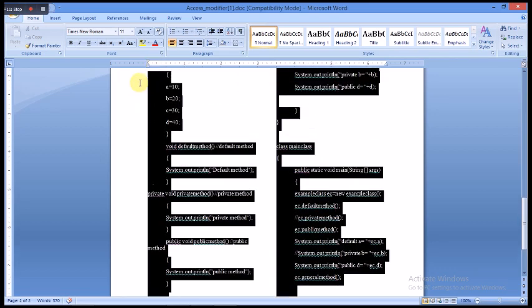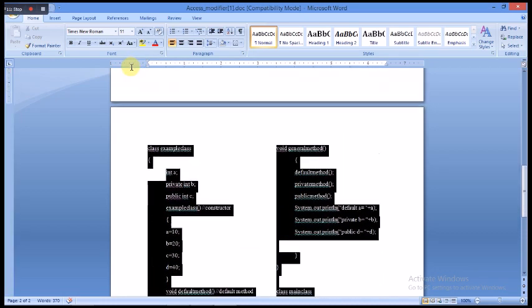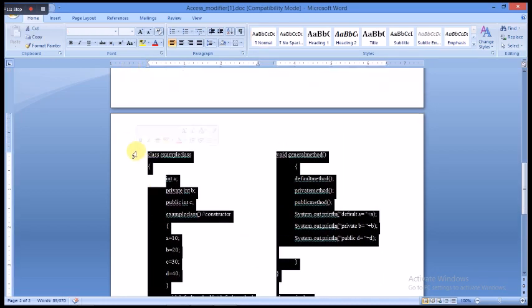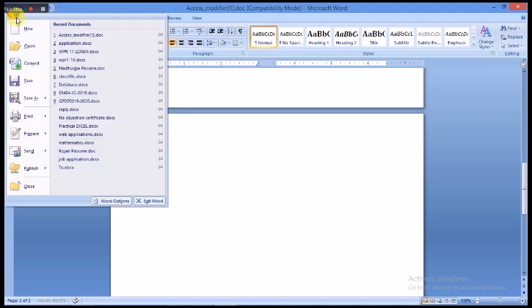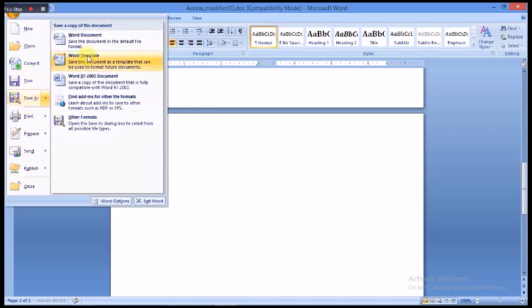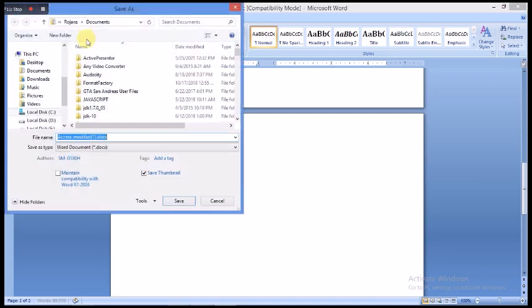Now I can use the save as option to create a duplicate copy of this file.